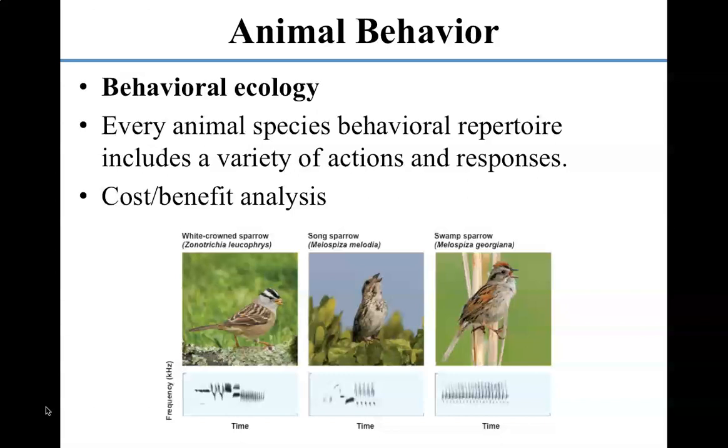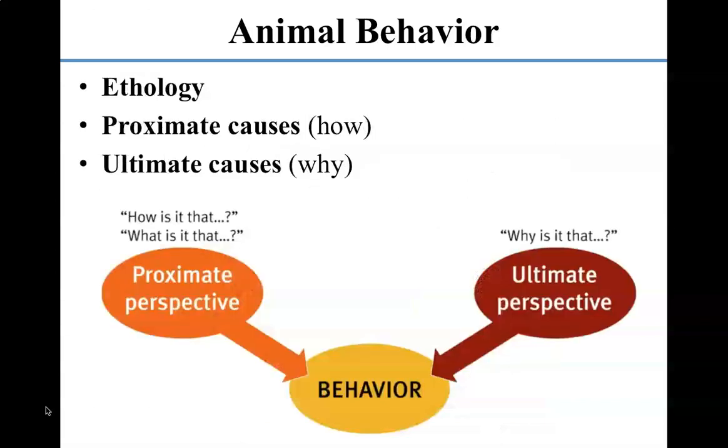So from an evolutionary perspective, all of the behaviors that animals display have basically been shaped by natural selection. And so while they have costs, the benefits outweigh the costs. So ethology is a discipline of science that focuses on how evolutionary processes shape behaviors and the ways that animals respond to specific stimuli. So, in other words, it asks questions like, well, what triggers a specific behavioral response? So, what triggers birds to migrate? How do they know when to do it? How do they know where to fly? It looks at how the expression of a behavior develops as an animal matures.